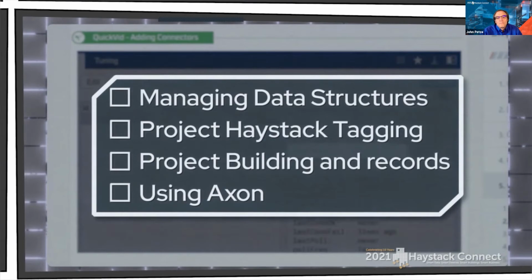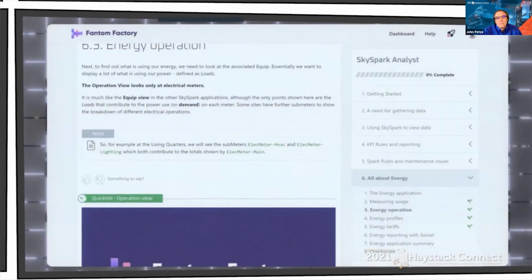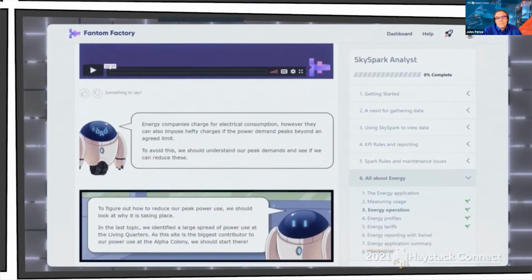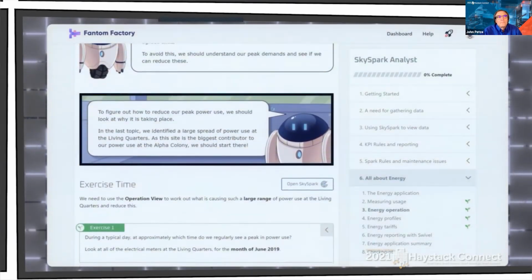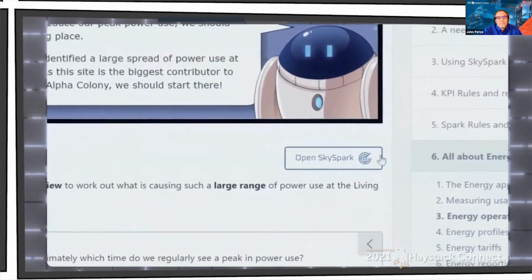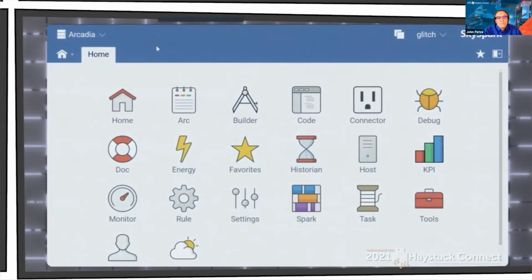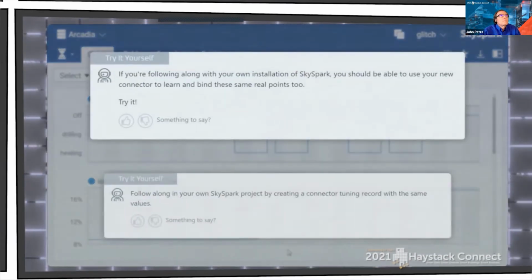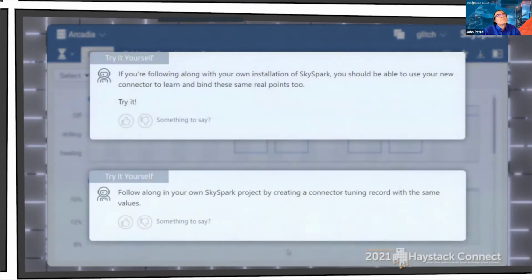and even writing rules. At Phantom Factory, we provide everything our learners need within our digital content, using interactive exercises and even our own hosted Skyspark instance. For our Skyspark Engineer students who have access to their own Skyspark installation and would like to practice the project building exercises for real, we've worked hard to create some exciting bonus training material.